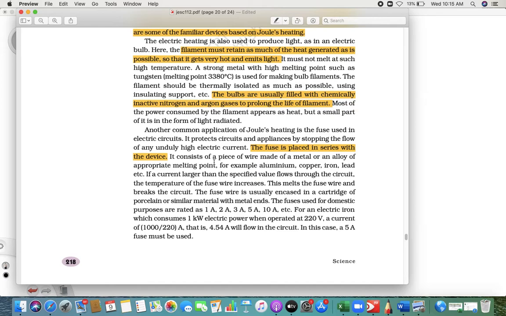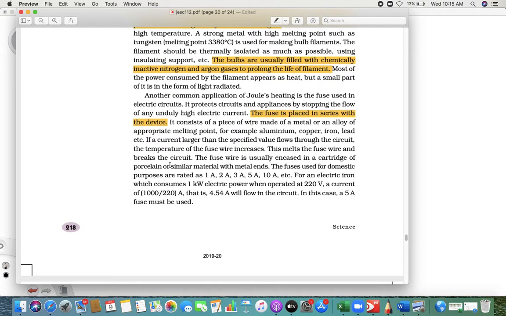Now the wire which we use in our fuse is designed in such a way that as soon as the current increases beyond a certain level, it melts because of Joule's heating. Clearly, this melts the wire. Now how many ampere fuse is required depends upon how much current and voltage we are providing. Suppose we are using 1 kilowatt of power at 220 volts, then you get 4.54 ampere current. Then you simply use a 5 ampere fuse. If you use less than that, it is not going to work.